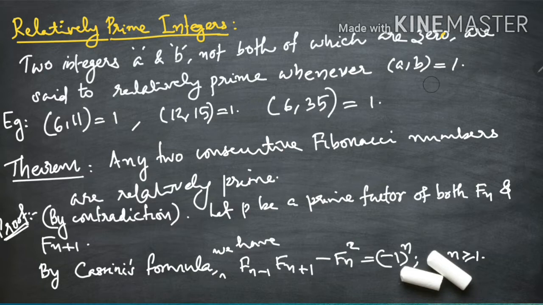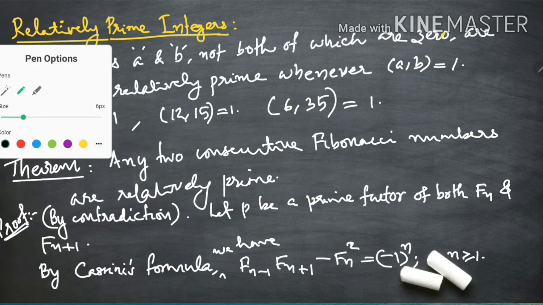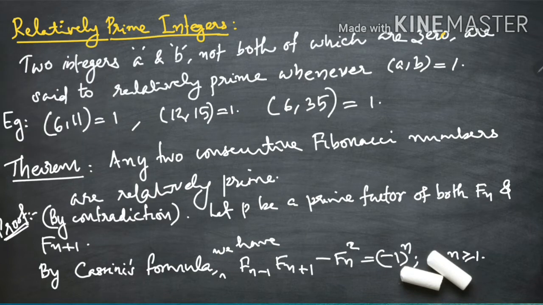Consider the numbers 6 and 11. We know that the common factors of 6 are 1, 2, 3 and 6, isn't it? And 11 is a prime number, so it has only 1 and that number as its divisors or factors. So from this it is clear that the only common divisor is 1. So their GCD, greatest common divisor, is 1 itself. So the two numbers 6 and 11 are relatively prime numbers.